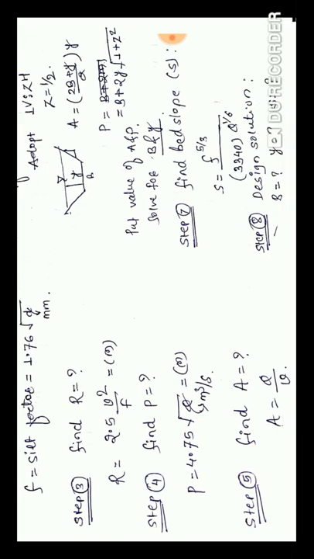So in the seventh step we calculate the longitudinal slope, that is S is equal to f raised to the power 5 by 3 upon 3340 Q raised to the power 1 by 6. Then in the final step we write down the design solution. What is our design solution? Our design solution is bed width, flow depth, and longitudinal slope for a particular discharge.